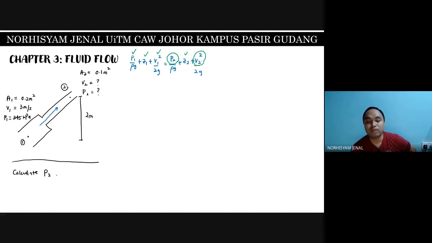So how do you solve for V2? To solve for V2, we use the conservation or continuity equation. Meaning we use this equation over here: Q1 should equal Q2. So over here it should be A1, sorry,